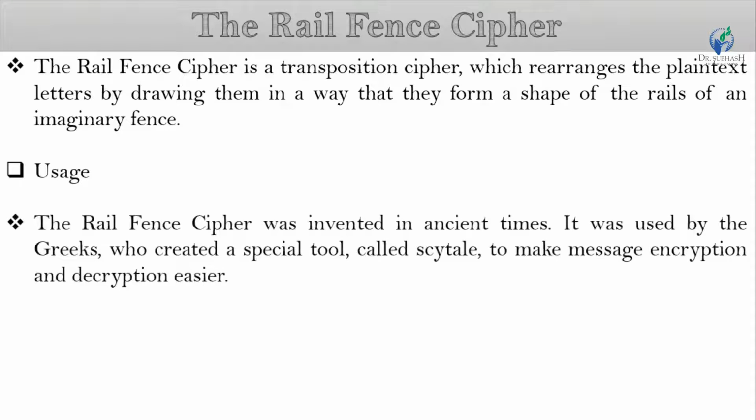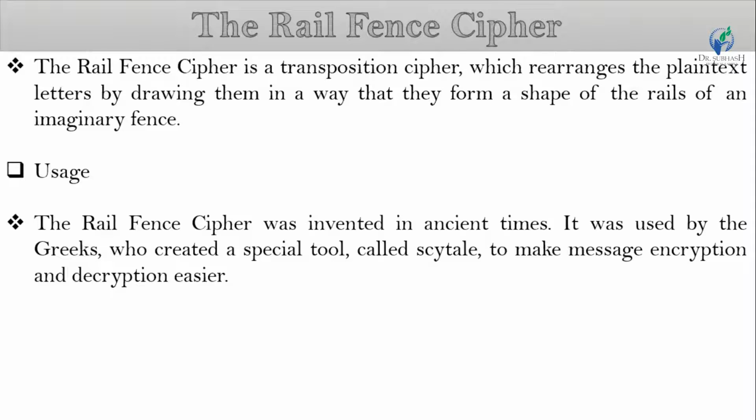The rail fence cipher was invented in ancient times. It was used by the Greeks, who created a special tool called Scytale to make message encryption and decryption easier.